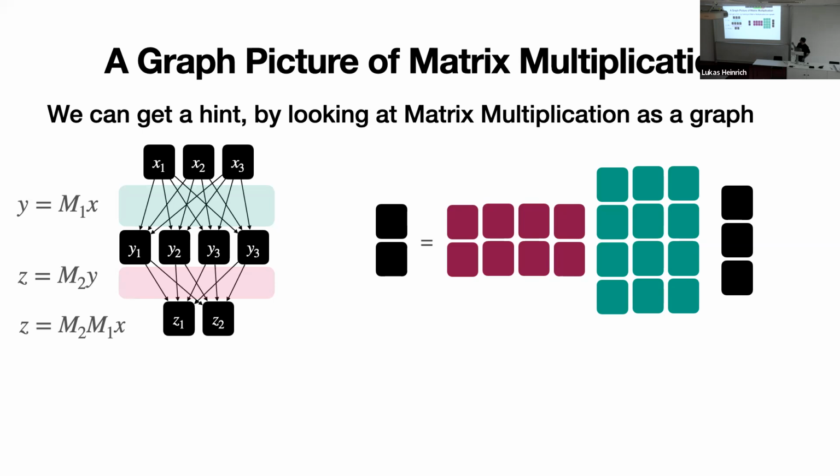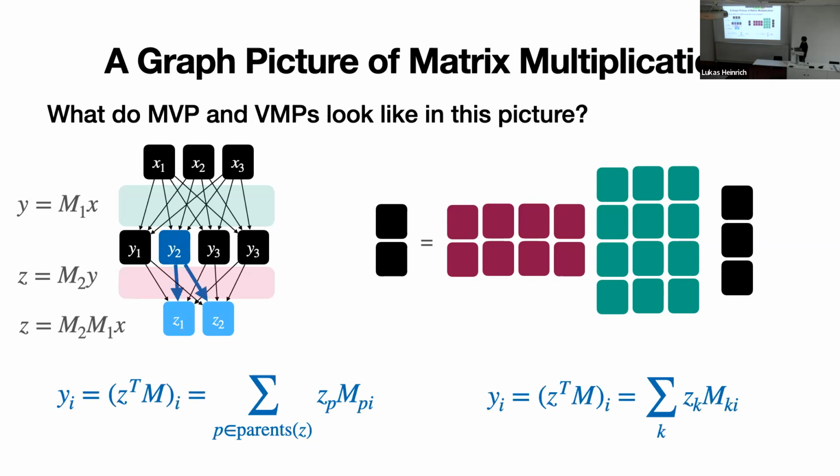And so where are the matrix entries here? The individual M_ij's. The M_ij's are the edges in this graph. They are associated with some kind of value. And in order to do the matrix multiplication, you take the value from the edge and you multiply it with the input that is at the node, and then you get the output. Okay, so then what we can look at is basically,